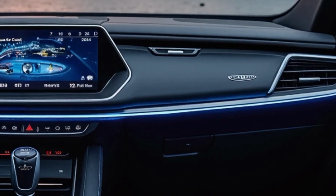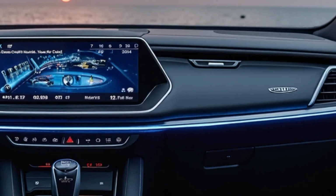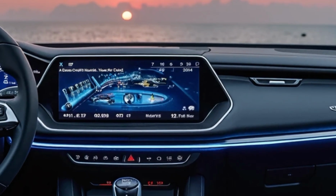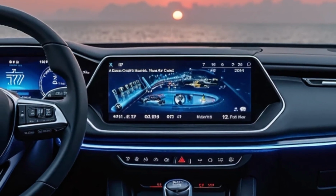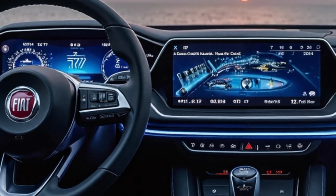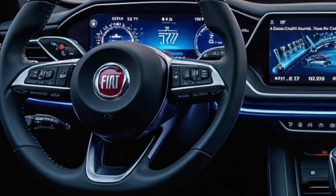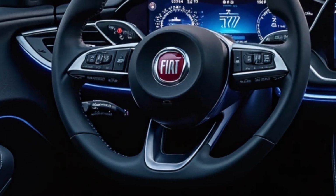The low center of gravity and finely tuned suspension contribute to impressive cornering ability and minimal body roll. Even at higher speeds, the car remains composed and planted, offering a surprisingly refined ride for a vehicle of its size. One of the most interesting aspects of the 2026 Nuova 127's performance is its range optimization. With a battery pack offering up to 300 kilometers of range on a single charge, it's perfect for